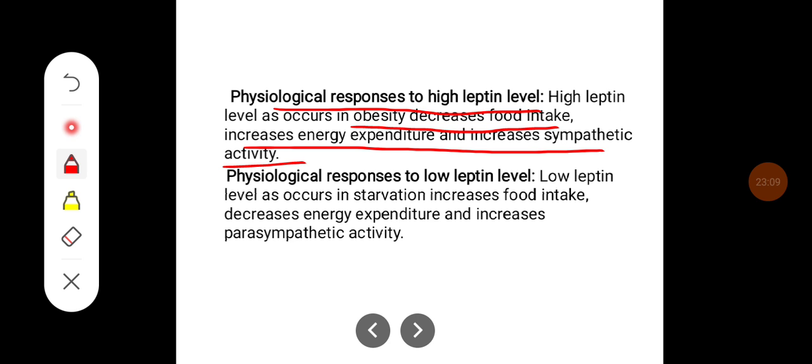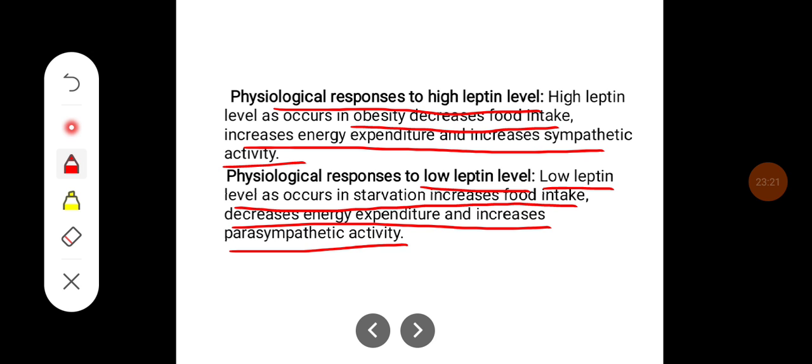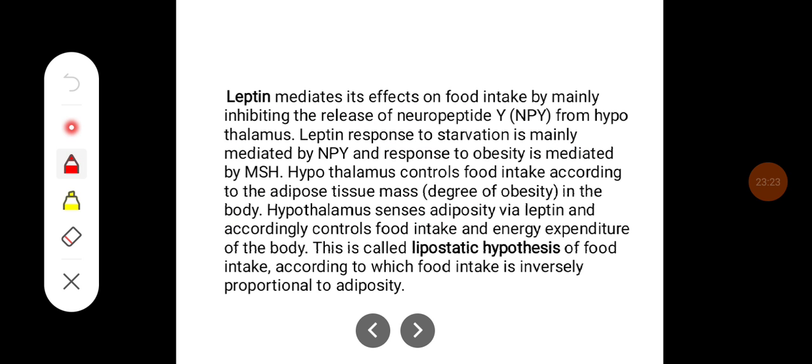And so, physiological response to low leptin levels: the low leptin level, as occurs in starvation, increases the food intake and decreases the energy expenditure and increases the parasympathetic activity. Leptin mediates its effects on food intake by primarily inhibiting the release of neuropeptide Y from the hypothalamus. The leptin response to starvation is mainly mediated by neuropeptide Y, and the response to obesity is mediated by